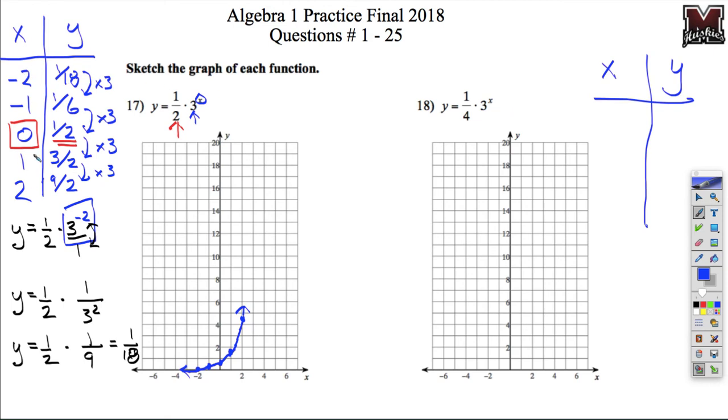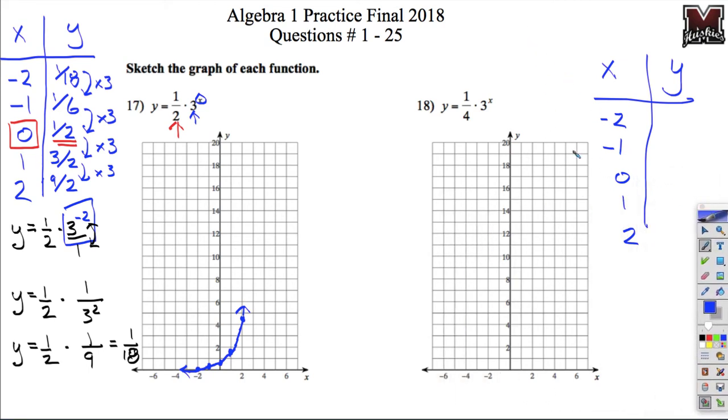Same values, same exact values, -2, -1, 0, 1, and 2. Subbing in these values, what do we get? So let's move you, actually we can keep you over here. We'll do our math right here. So our equation was y equals 1/4 times 3 to the power of, I'm choosing my x to be -2 in this case. And this is going to change into y equals 1/4, just copying down the problem, times